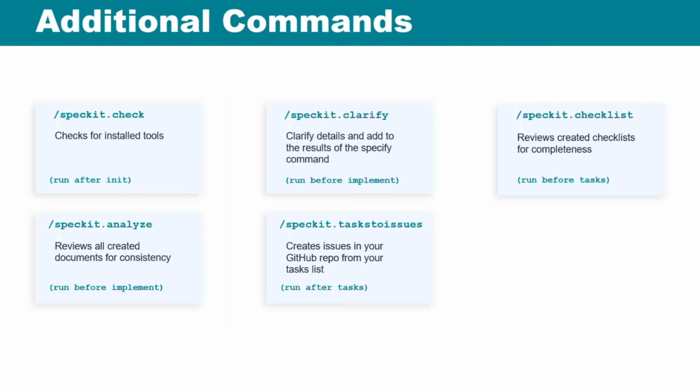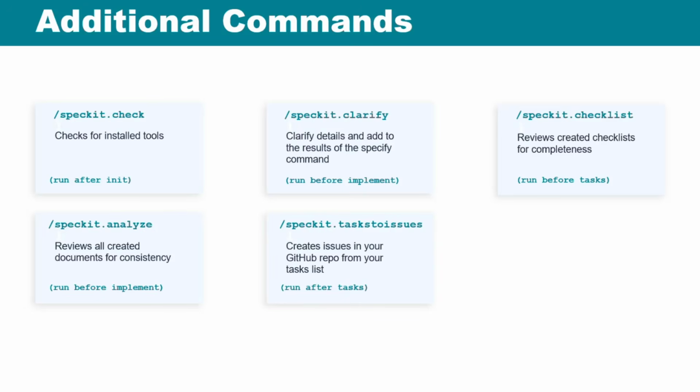Some of the other commands that are kind of available out of the box is the check. It's just kind of a self-check to see if all the tools are working correctly. With the specification command or the specify command, you only run that once per iteration. Because what that does as part of that setup is it will create a branch. It will create a folder structure in your application that's tied to that branch and to that user story. And maybe you get that created, you'll get in there and you'll realize, okay, I forgot this and I forgot that and I forgot this.